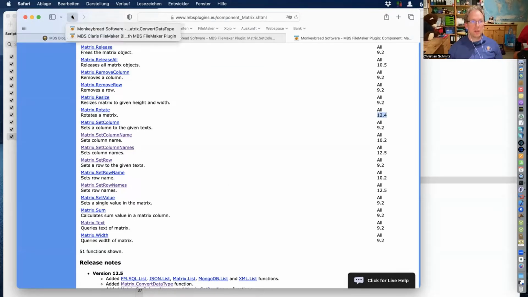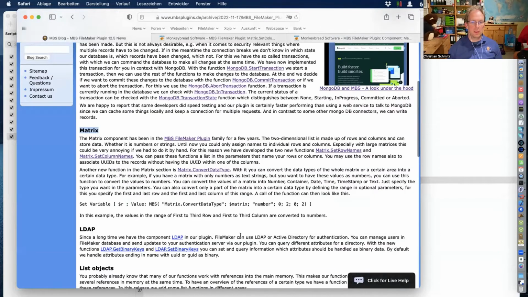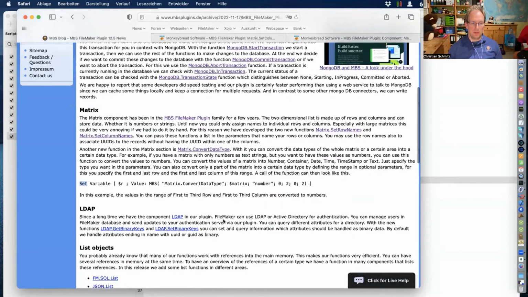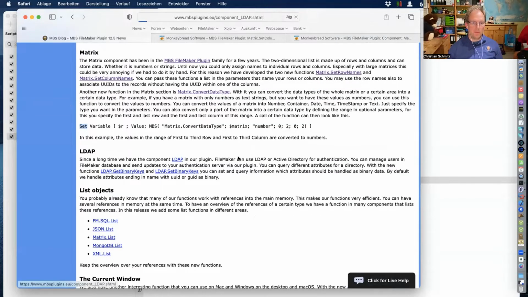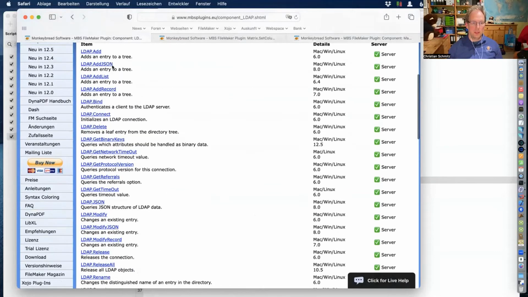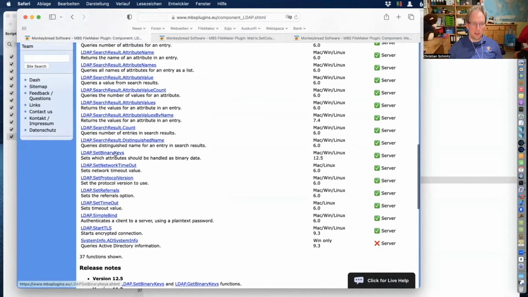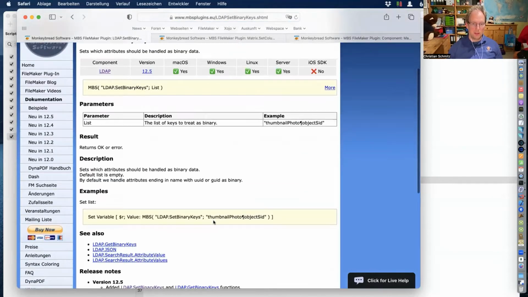So back to my blog post. Here, this one. So convert data type is new. Then if you use our LDAP functions to connect to an LDAP server or Active Directory, you can do a lot of things, like, for example, send a query, get back the data as text fields or as JSON. And now you can tell the plugin which fields are binary fields. So we can encode them as hex strings,